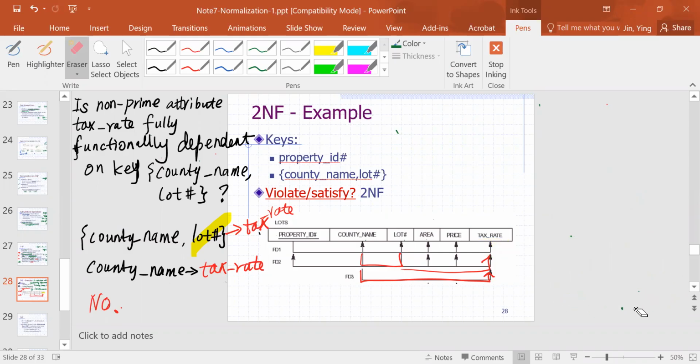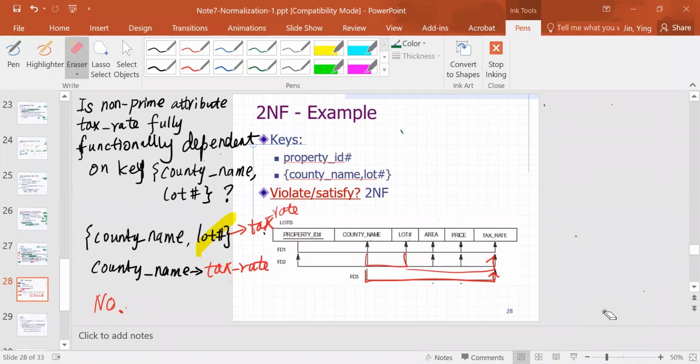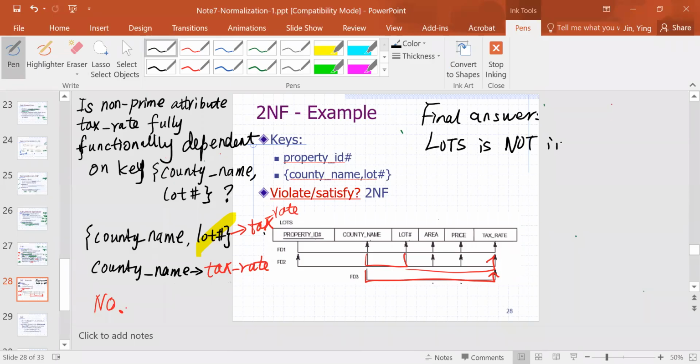And if you say yes, remember you need to give me all the combinations and show the steps, with no violation. And since this is no, once you can find one problem, then that's sufficient. So your final answer here: this is L, loss. This relation is not in second normal form